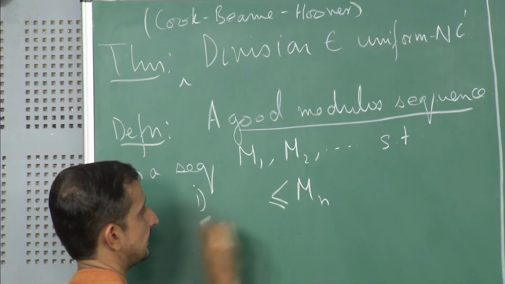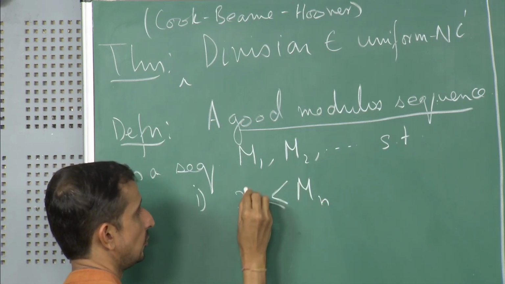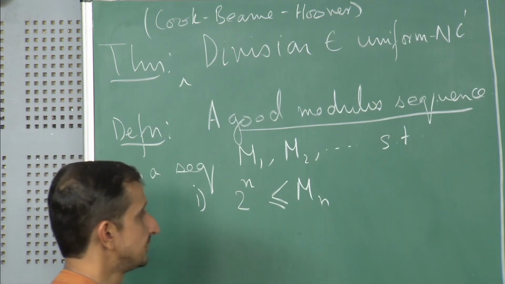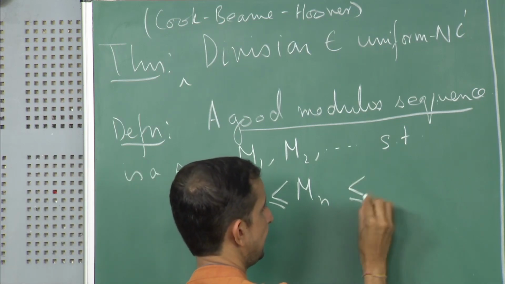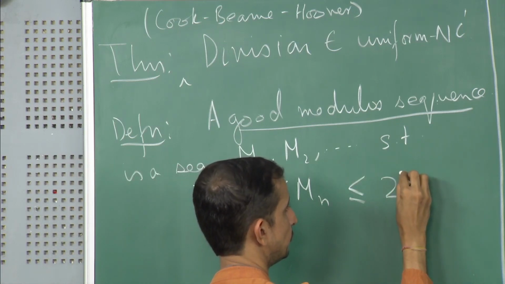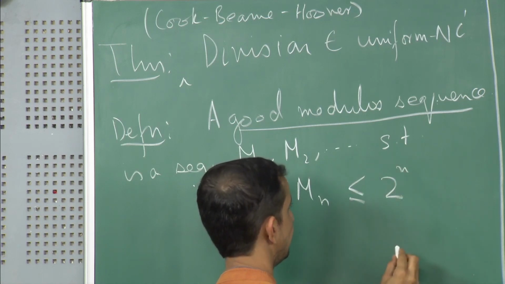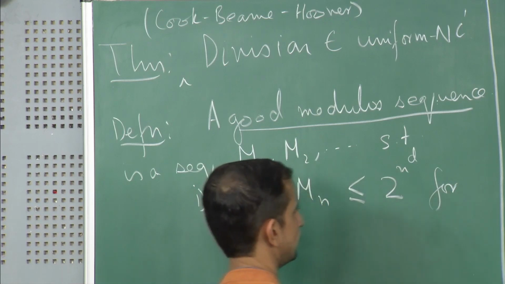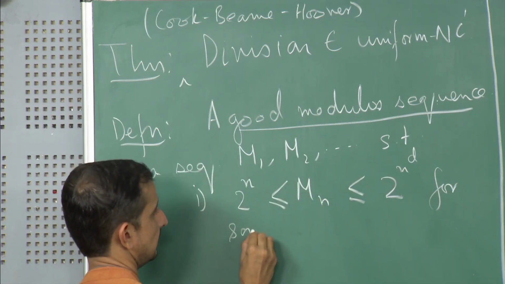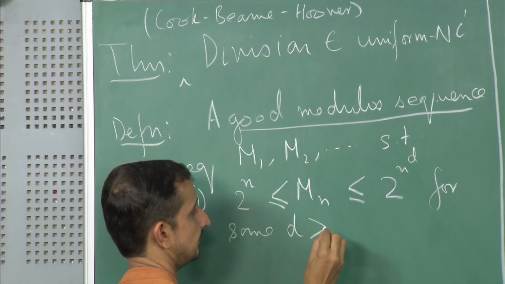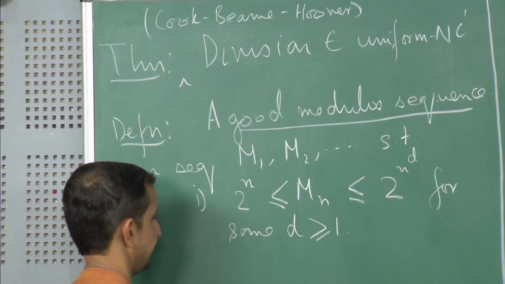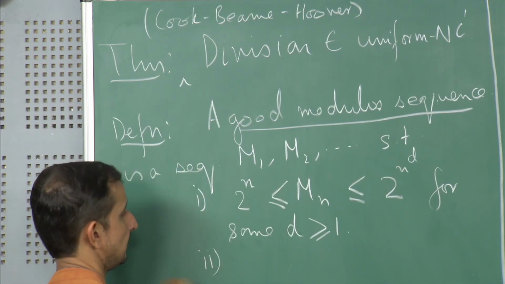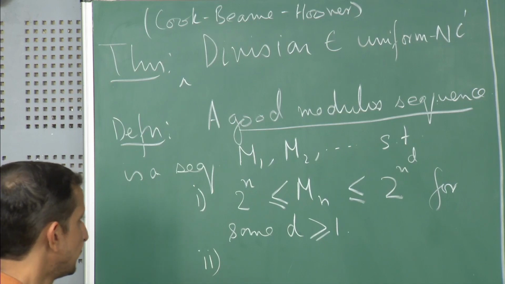Mn is at least 2 raised to the power n and at most 2 to the power n to the power d for some d greater than or equal to 1, and the second property is that